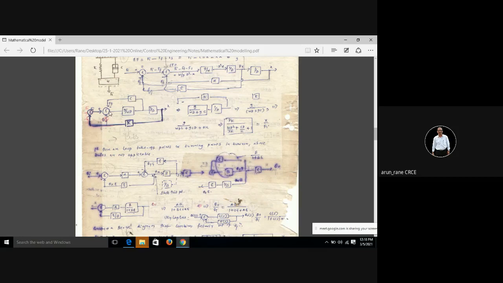So look now what has happened. This whole part I can replace by this, A upon 1 plus AB. So A, that is G by WD, upon 1 plus G by WD into C, that is 1 plus GC upon WD. If you take the LCM WD, it will become WD plus GC, and WD will come at the bottom. The numerator already has G by WD, so WD will get cancelled and you will get G upon WD plus GC. Is this clear?